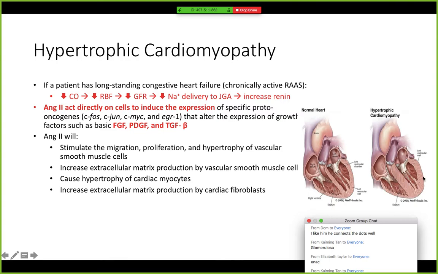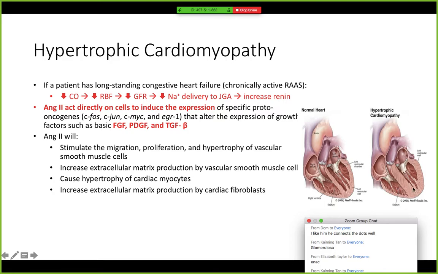It's this thick septum and this thickened left ventricle. So if your left ventricular wall and septum are thickened, then you have decreased filling because the size of the ventricle is smaller, and as a result,